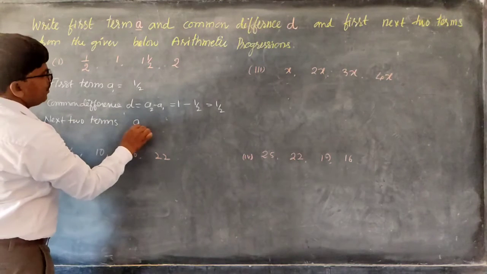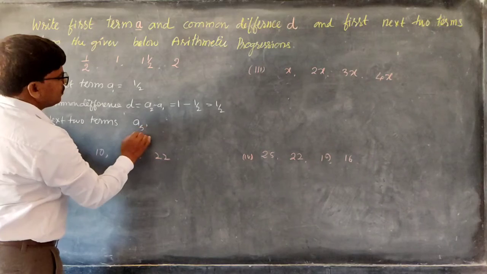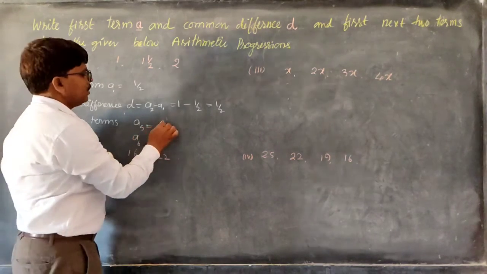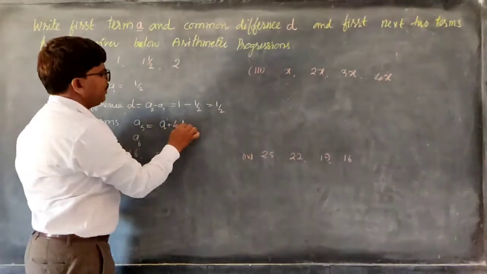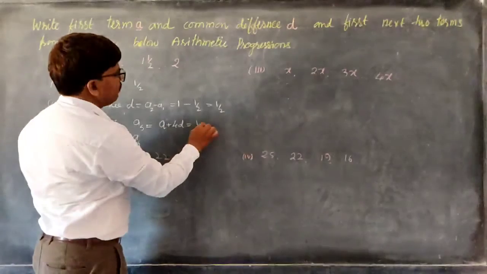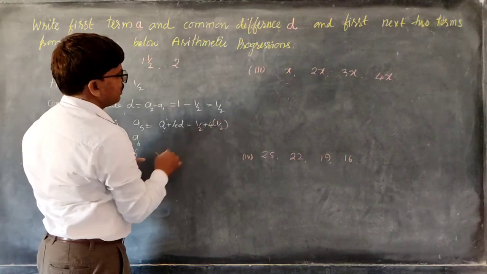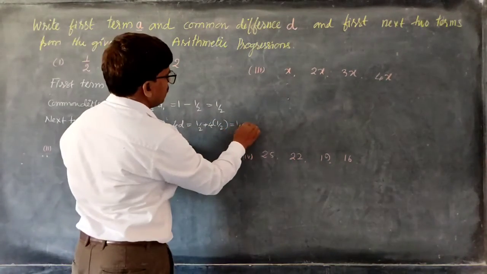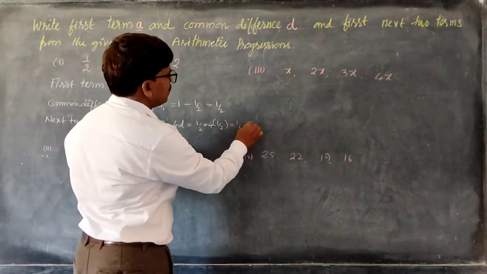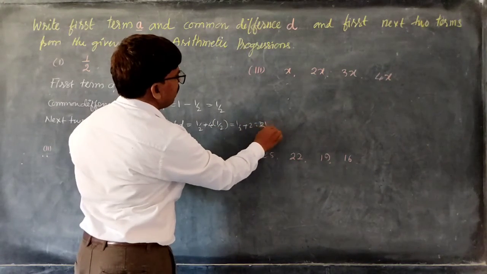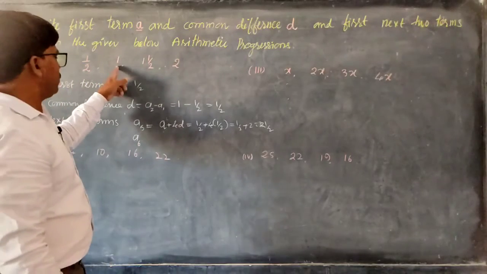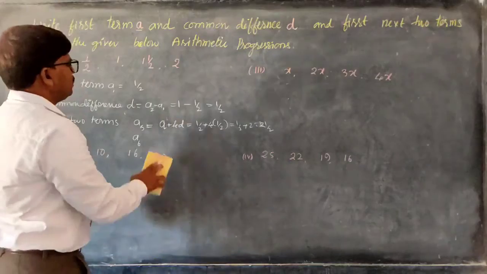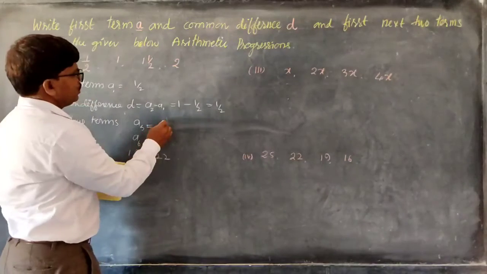So the next two terms, that is A5 and A6. A5 is nothing but A plus 4D, that is 1 by 2 plus 4 into the common difference 1 by 2. So how much is it? 4 into 1 by 2 is nothing but 2. So it is 2 and a half. So here the first term is half, the second term 1, then 1 and a half, then 2. So the next one is 2 and a half. So directly we can write the fifth term as...